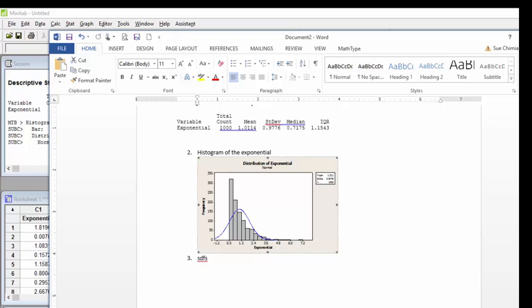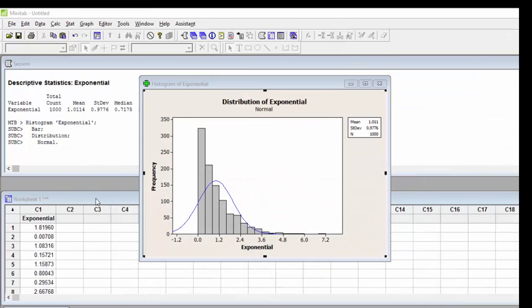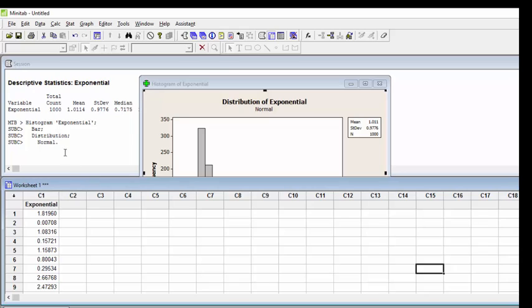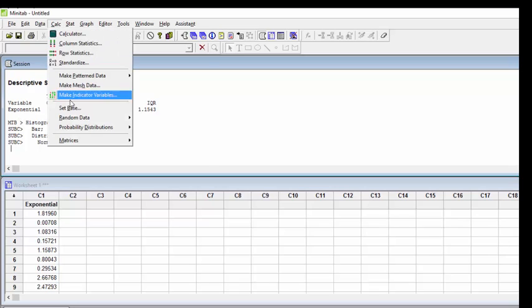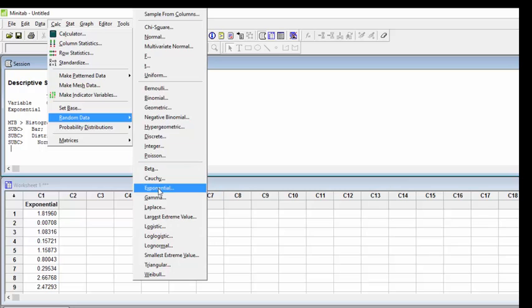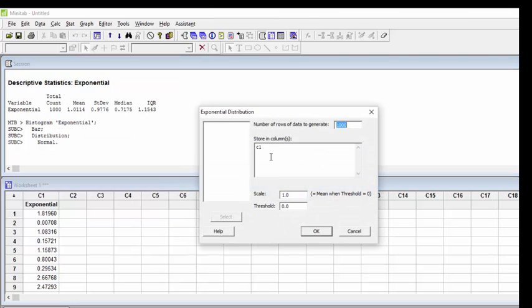Now, the third thing that we want to do is start to make our sampling distribution. I'm going to do a sampling distribution of samples of size 9. So the way that I'm going to do this is I'm going to go into my calculation again. I want my random data and I want it to be exponential, and I'm going to do it for columns